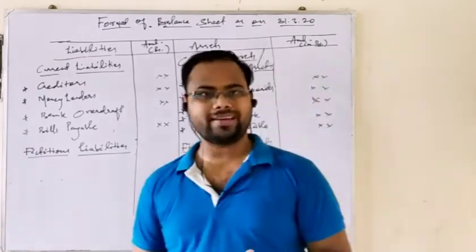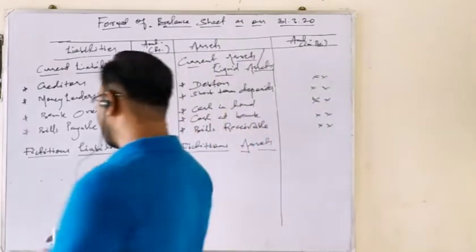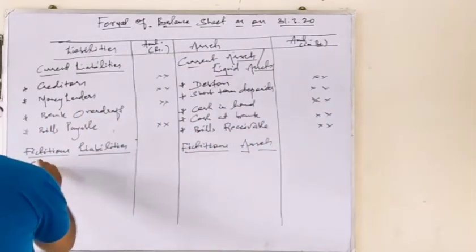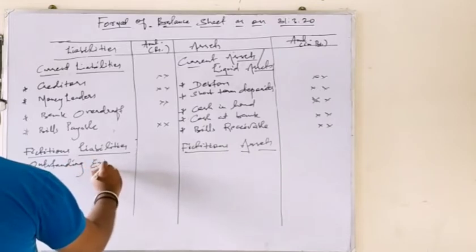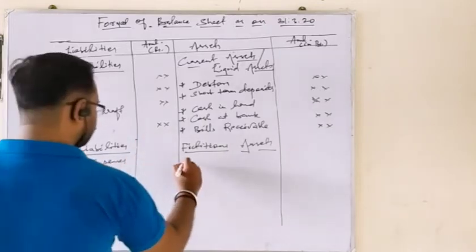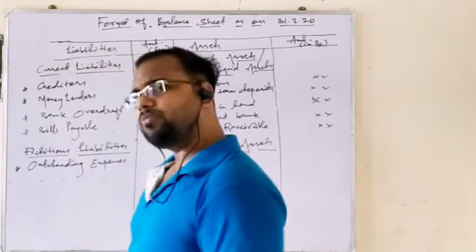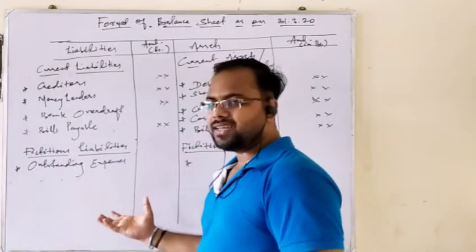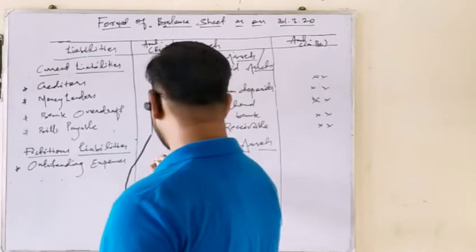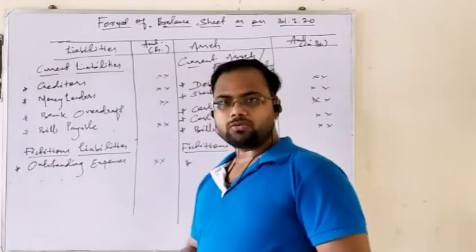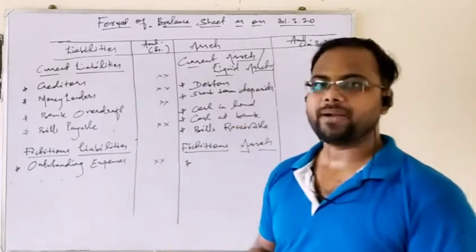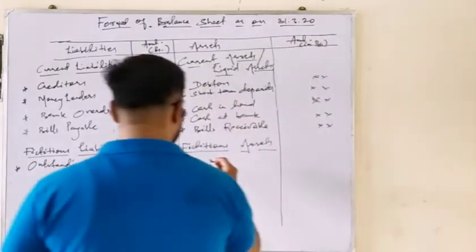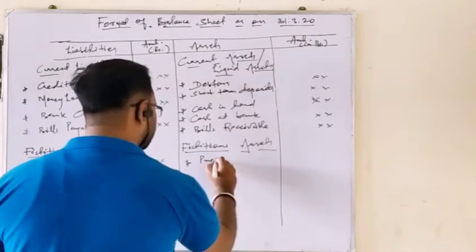And when you do not pay your expense on time, what do you name it? Outstanding expenses. And what can you write as the opposite of it? You pay your expenses before time. Here, the due date has arrived and you haven't paid your expenses, so that is named outstanding expenses. So what could be the opposite of it? The expense date hasn't arrived, and we have paid the expenses earlier. So they are called prepaid expenses.